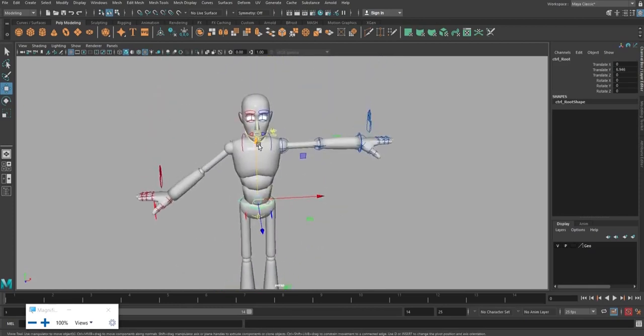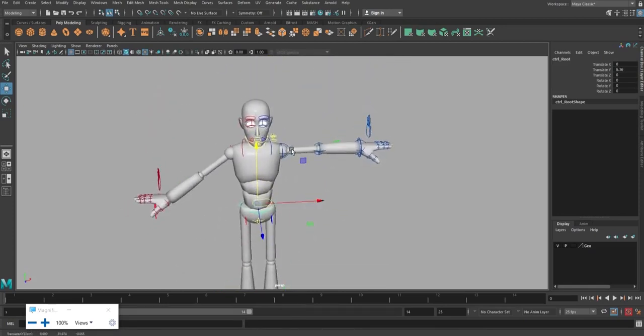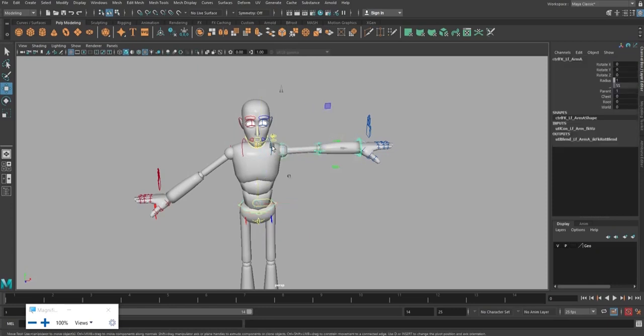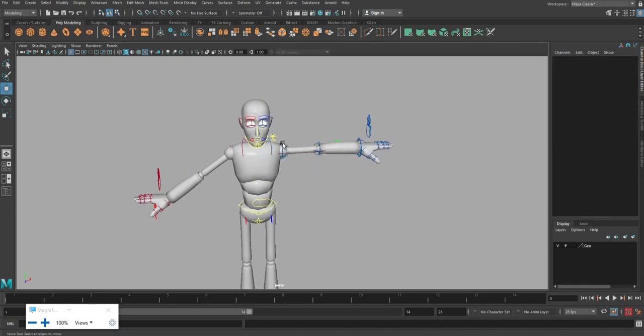You can see the FK control structure travels along with the root. It goes from here to here to here, and this is a child of a parent called shoulder. So wherever it goes, this can be connected to any part of the skeleton.